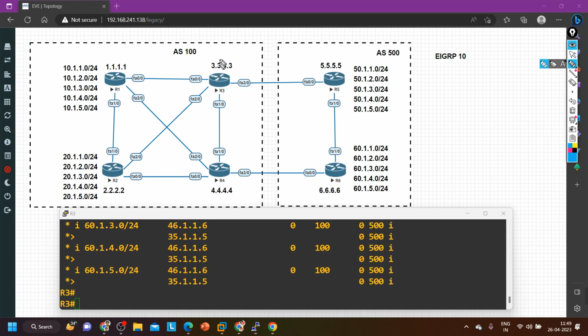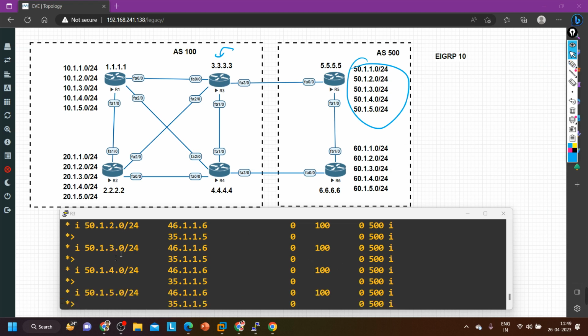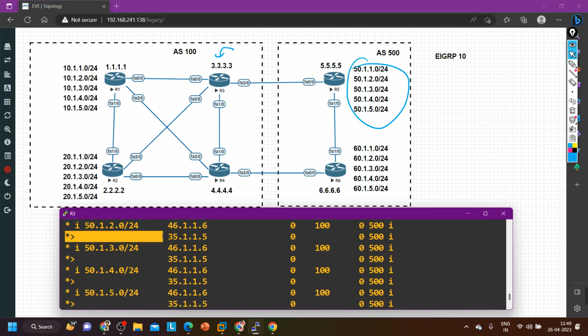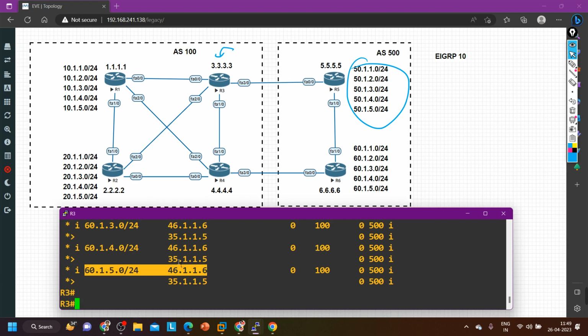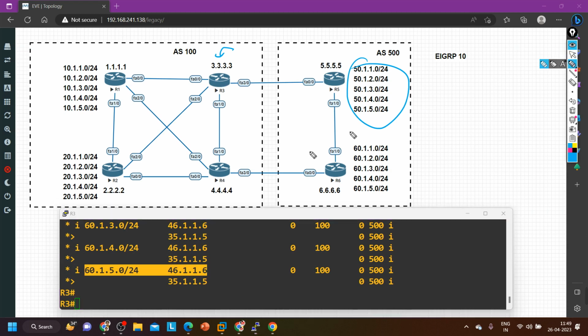I am on router number 3 and on router number 3 I am able to see that 50 prefixes router 3 is getting from which neighbor? From router number 5. Yes. And 60 prefixes from router number 4. Actually router 3 is getting 60 prefixes from router number 5 also, but it is not